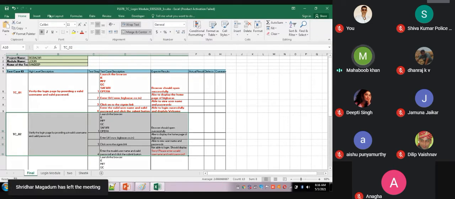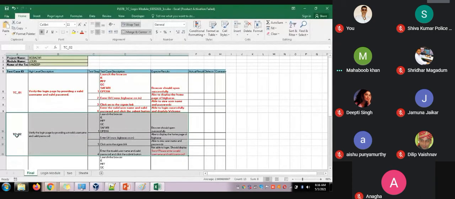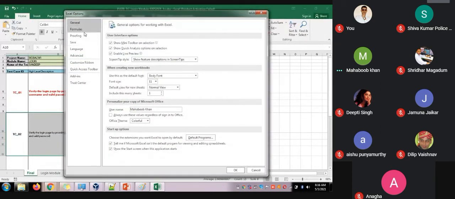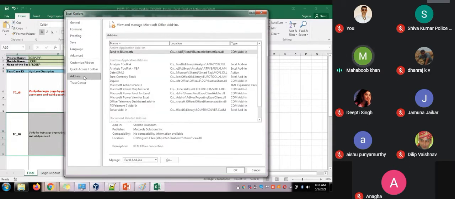When you go here, let me show you the add-in. The add-in will be attached here. The Quality Center team will release the latest add-in, so we need to install it here.